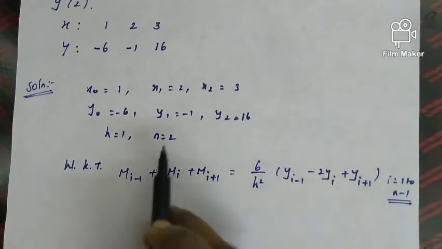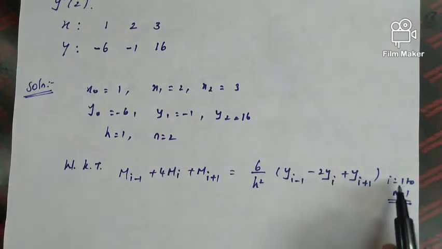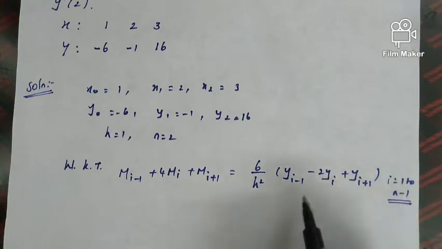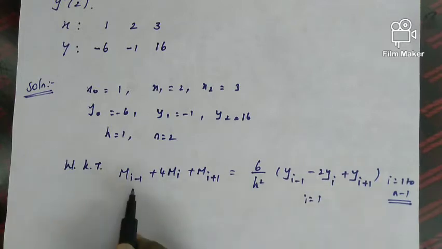And here n is equal to 2. That means i is equal to 1 to 2 minus 1, that is also 1. So i takes only one value, that is i is equal to 1 in this problem. This is the way we have to identify the i value. So now we know that i is equal to 1. So we are supposed to substitute the i value in this equation. What will happen? 1 minus 1, so m0